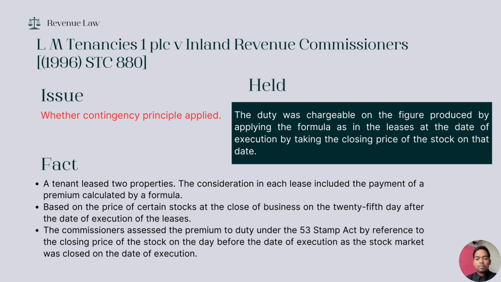So in this case, the contingency principle should be applied according to the formula by the tenant, because the contingency applied by the tax commissioner is before the date of the execution. So the tax commissioner believed that the stock market will be closed on the date of the execution. Therefore, the contingency applied is not to say wrong and not to say correct, but in this case, the stamp duty should be imposed after the date of